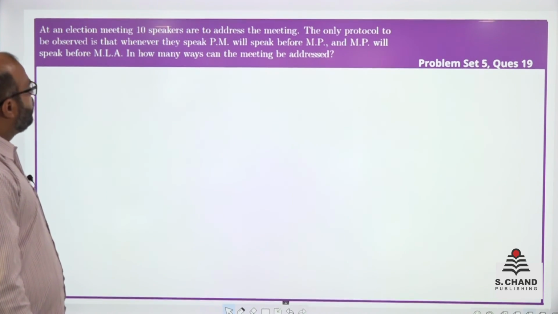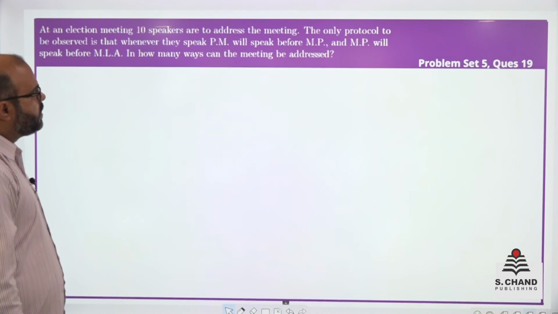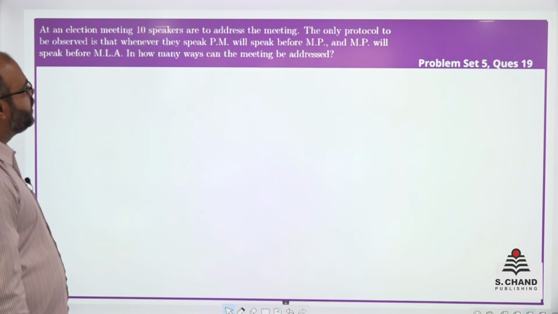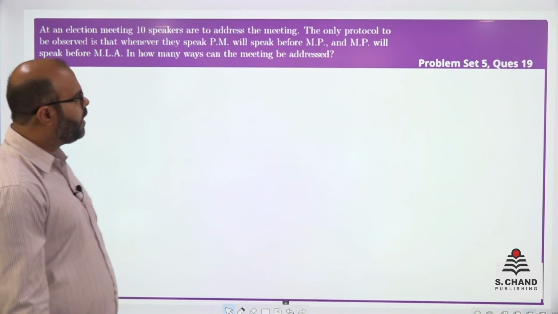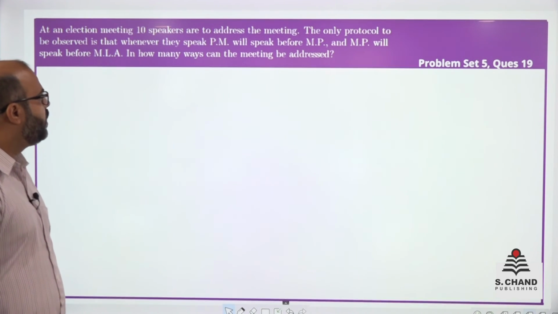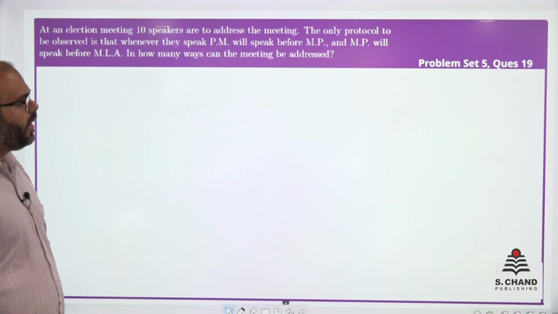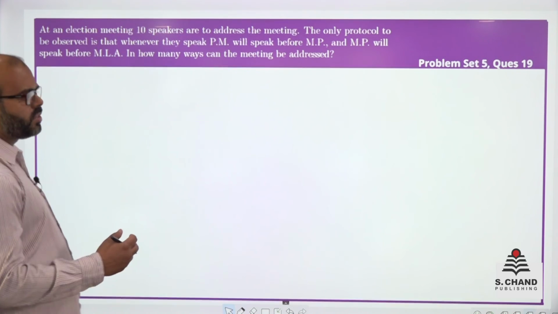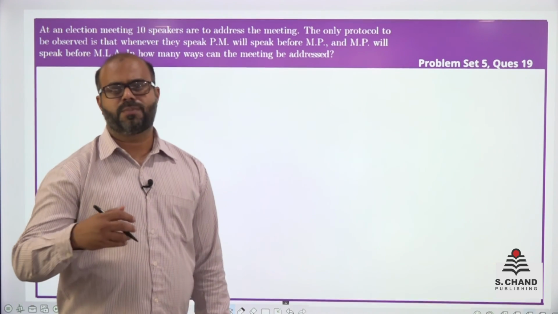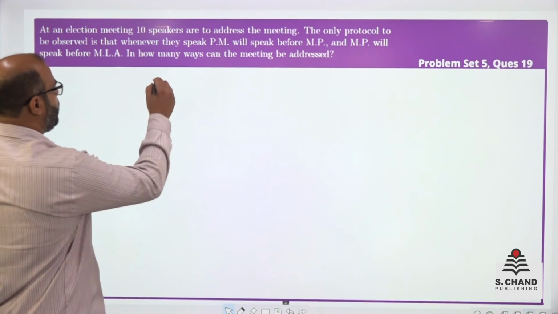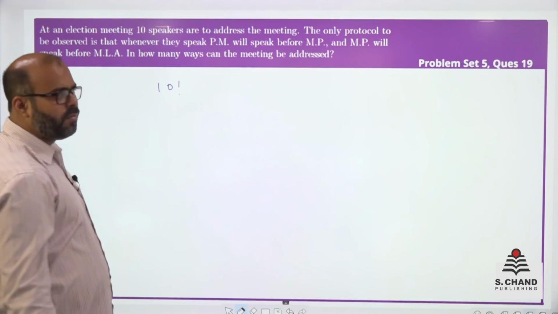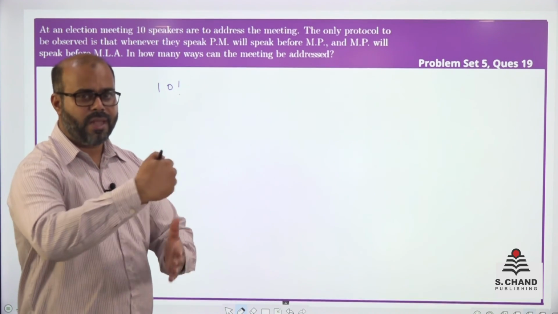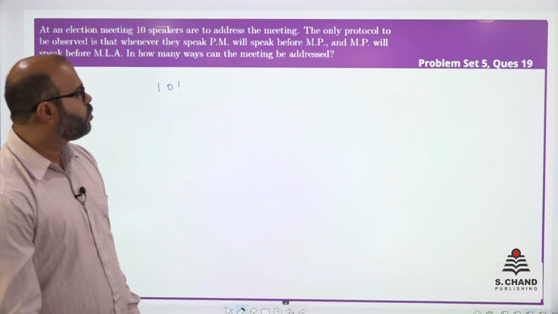At an election meeting, n speakers are to address the meeting. The only protocol to be observed is that whenever they speak, PM will speak before MP and MP will speak before MLA. In how many ways can the meeting be addressed? So basically, if you see how many ways 10 speakers can speak, then the number of ways is 10 factorial. But there is a condition that PM, then MP, then MLA will speak. So in that case,